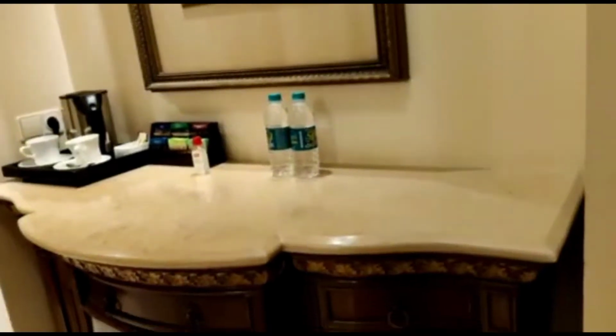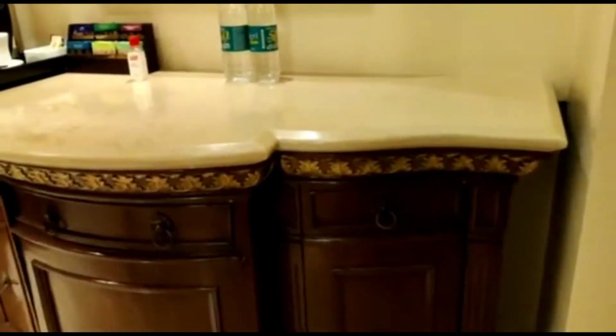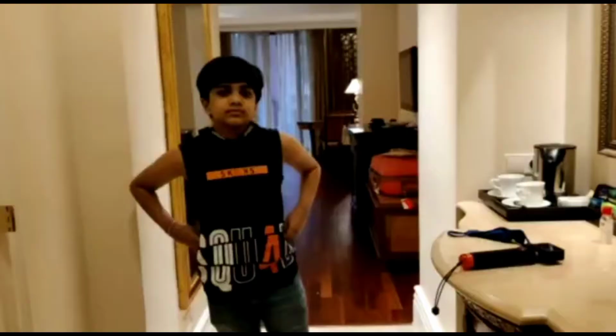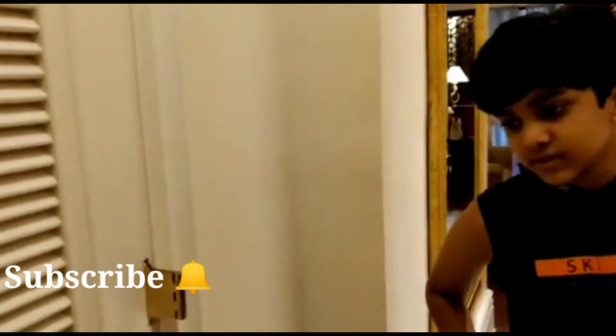Table at the entrance. Under the table you have a refrigerator, with all the drinks to chill out for the day. Hi Pranit. Hi. And left side of the entrance,